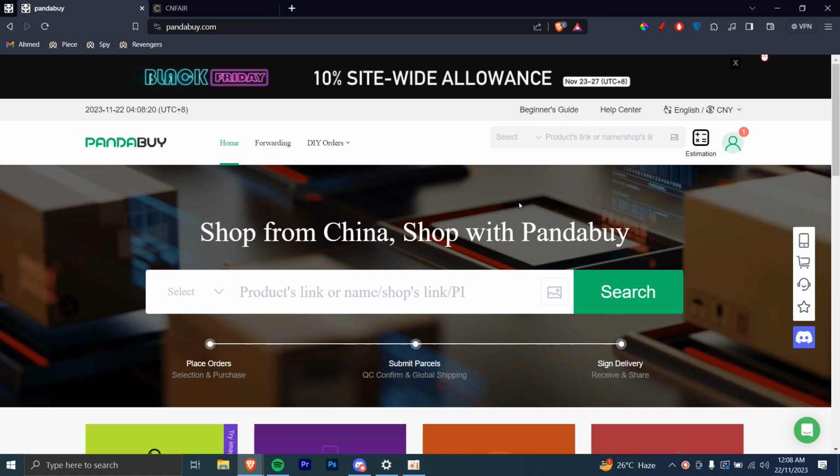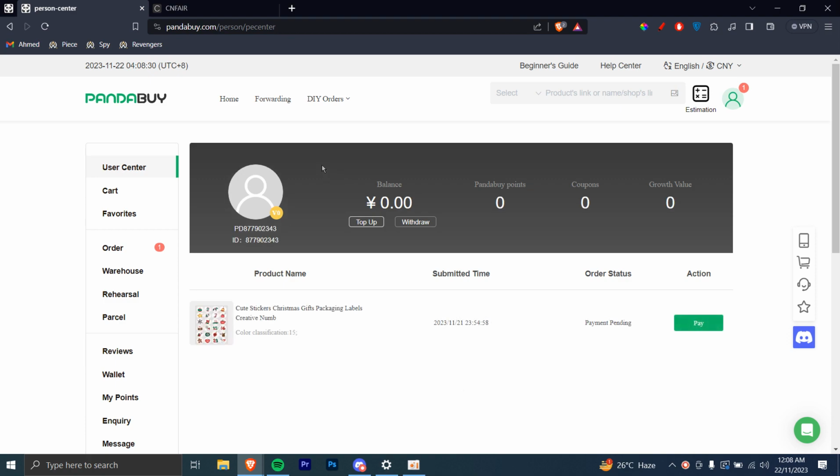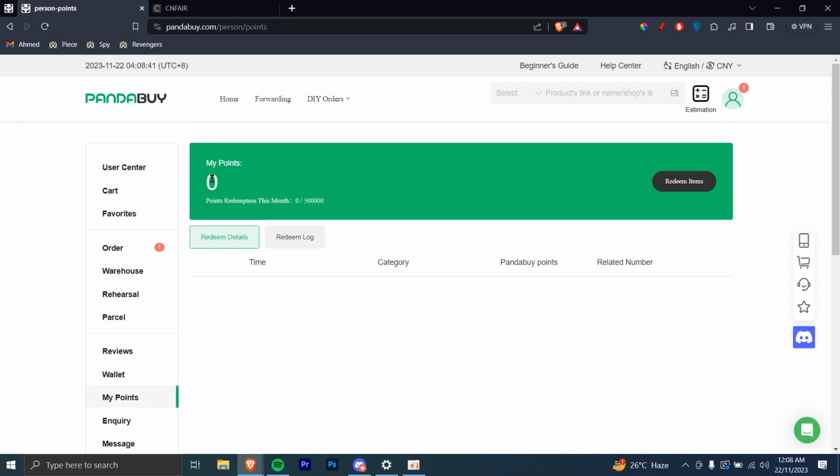So let's get started. First of all, you're gonna head over to pandabuy.com and log in, click on your profile, and then head over to User Center. Once you're on this page, you're gonna see here Pandabuy points. As you can see, in my case, it's 0 right here. You can go down to this option here, my points, and you can see here as well, my points